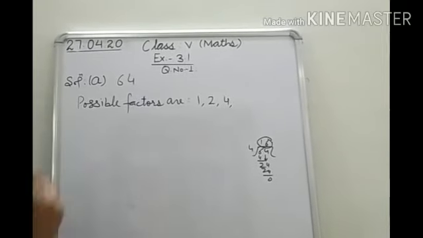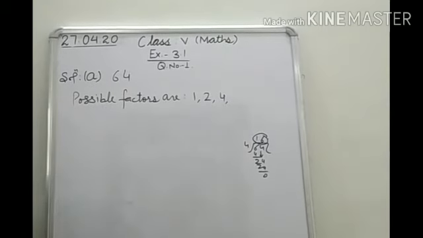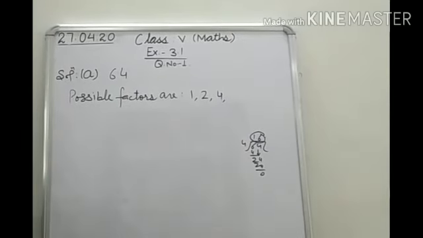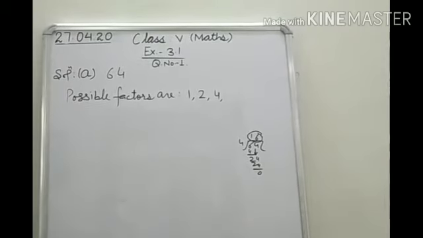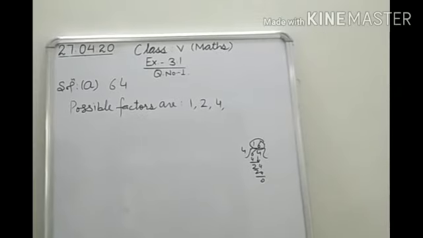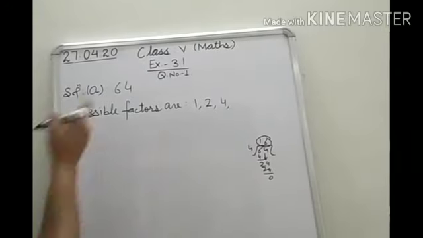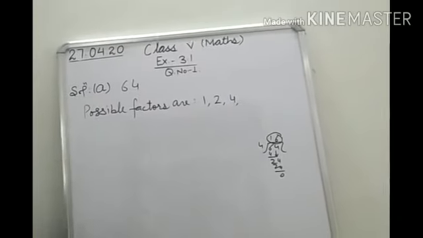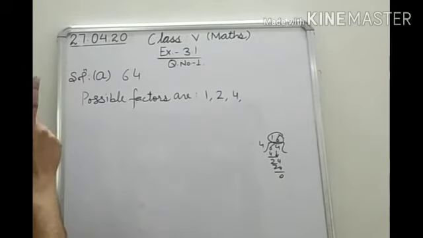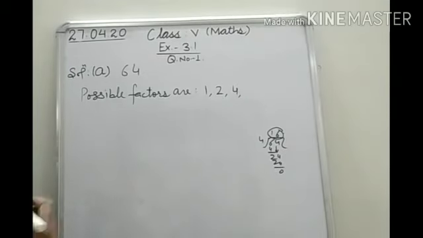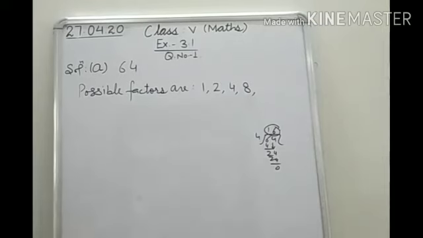Now take number 5, whether it is divisible by 5 or not. As the one's digit is not 0 or 5, it is not divisible by 5. Now for 6, as this number is not divisible by 3, therefore it will not be divisible by 6 also. Now for 7, if you make double of this number it will be 8, and when you subtract, the difference will not be divisible by 7, so this number is not divisible by 7. Now 8. You know that 8 8s are 64. So it is also divisible by 8.